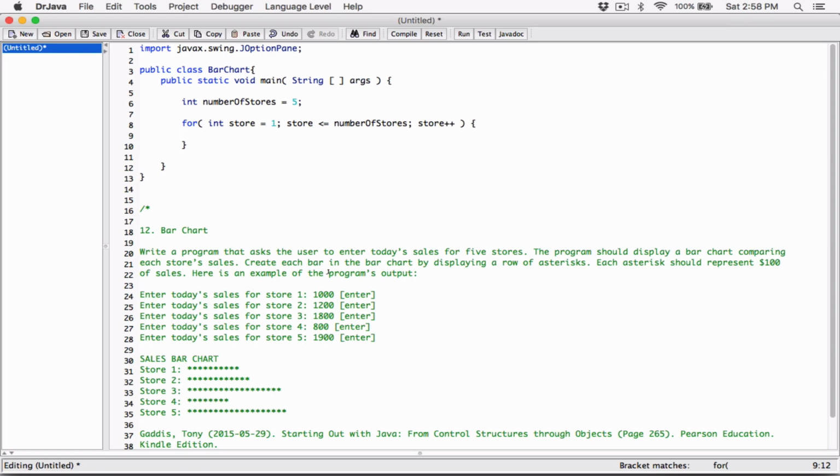What we want to do is ask the user to enter the sales for that particular store. Remember, this value is keeping track of the stores. It's being incremented by 1 each time. So we are asking the user to enter the sales for each particular store. I'm going to use the GOptionPane's show input dialog to accept that input from the user. So GOptionPane dot show